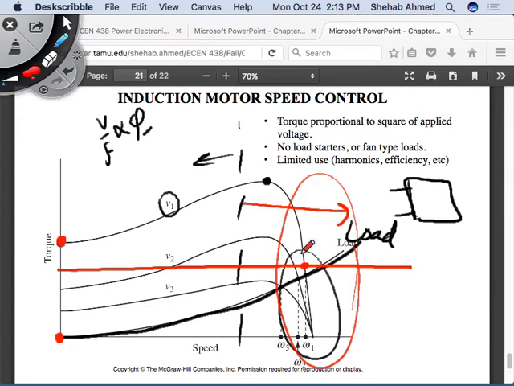you turn on your supply to the motor and you have a huge starting current. Typically induction motors, when you're applying full voltage, will have huge starting currents. And if your facility cannot withstand that, why would your facility not withstand that? Because, for example, let's say you have other loads next to you and you're pulling a lot of current. Let's say this is your supply,